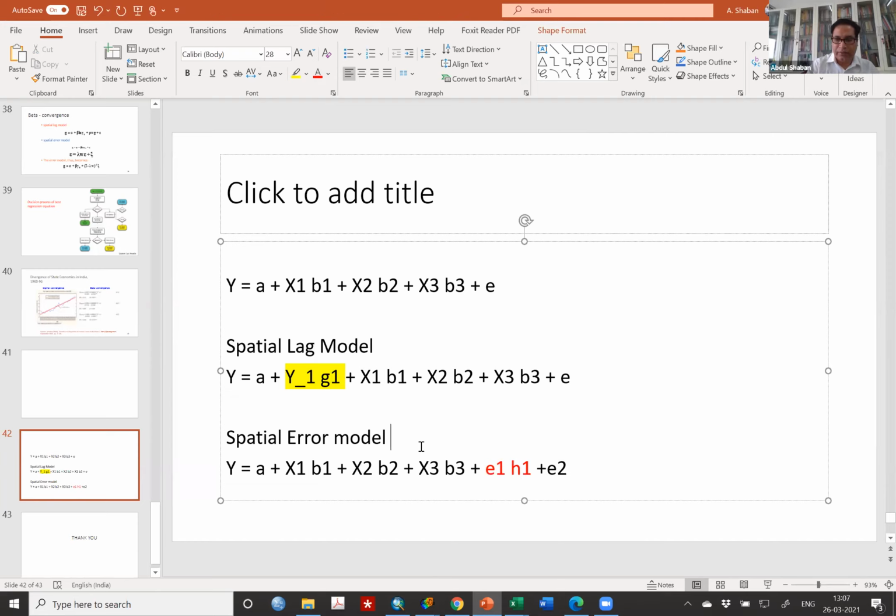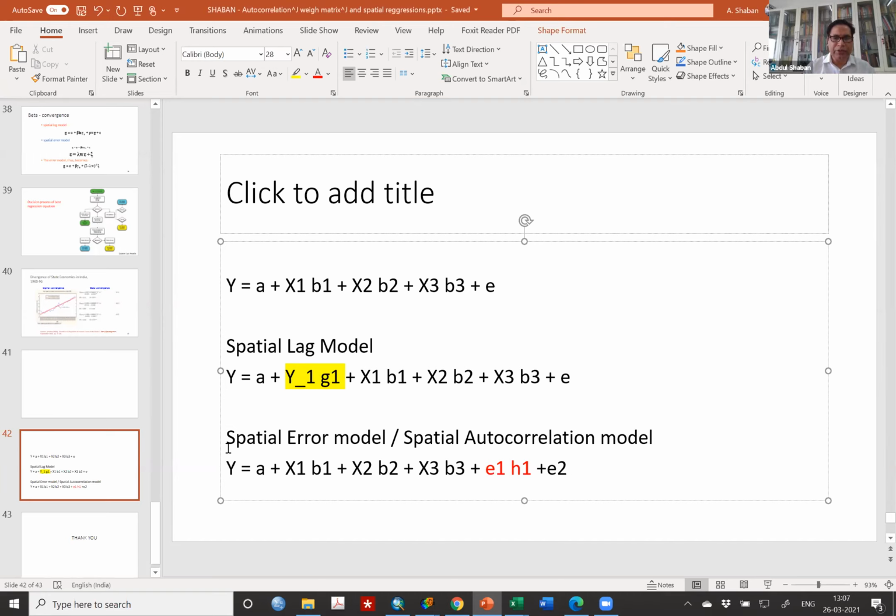It is called spatial autocorrelation model, or sometimes a spatial error model. There may be multiple, spatial Durbin model, cross regressive kind of thing where you include both. I have included this one, I have included this one also in order to take care. So spatial lag you have taken and spatial error you have taken. So you have the cross regressions, cross regressive model.